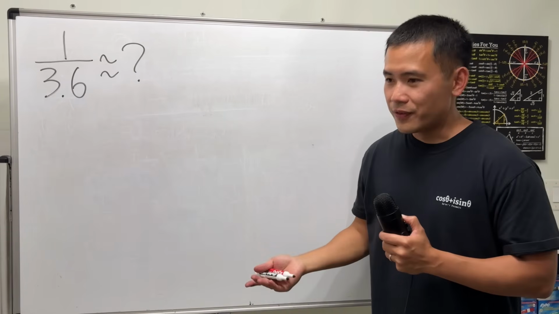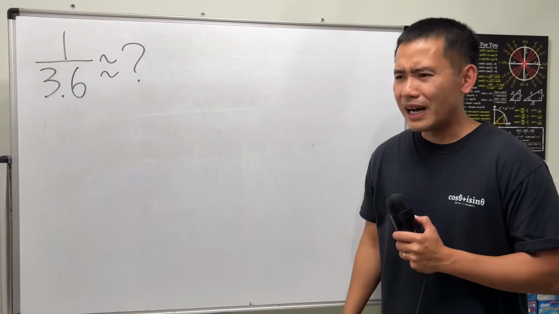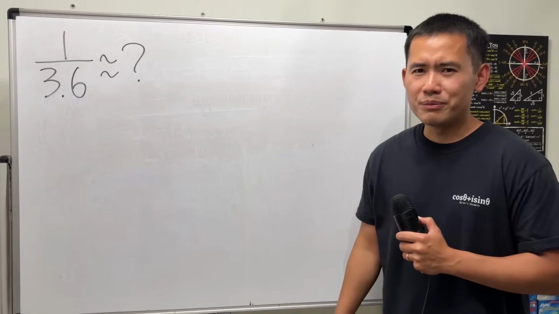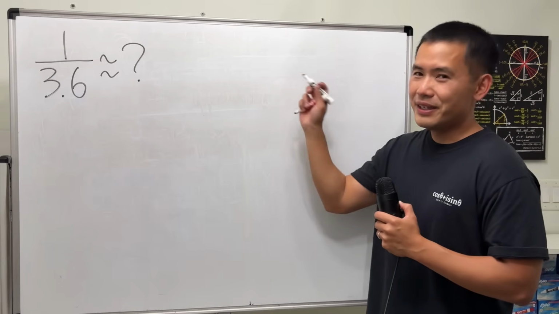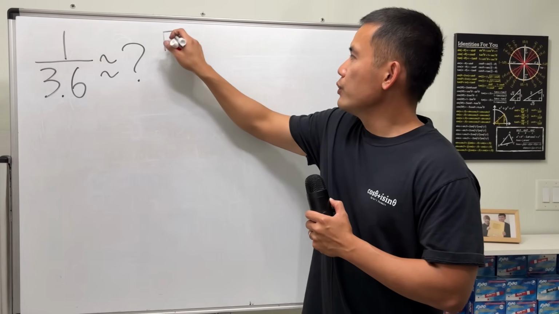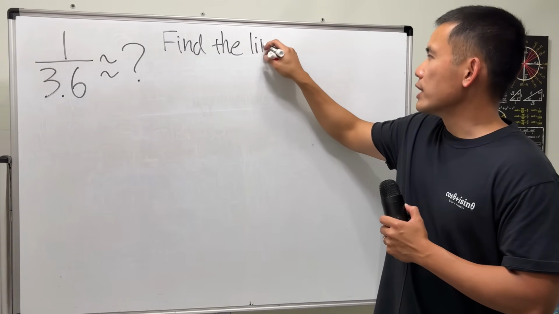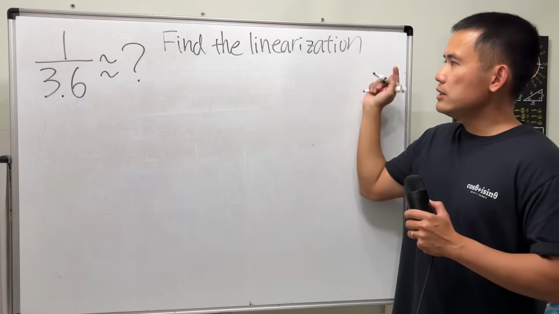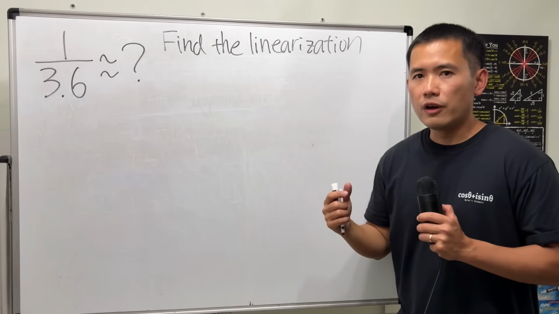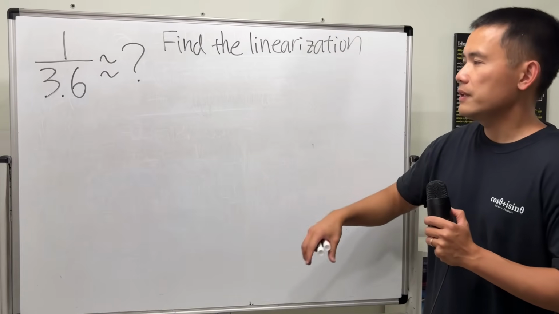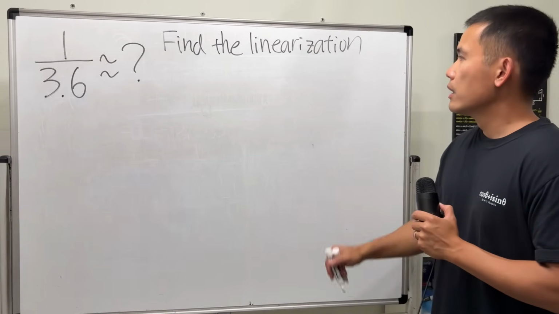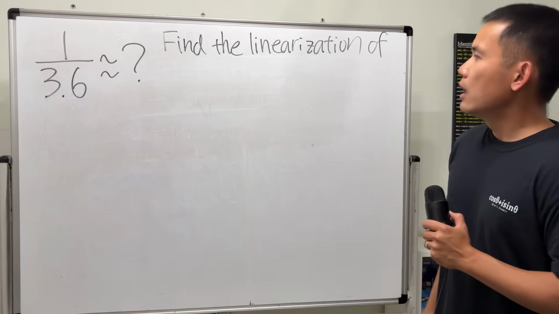If you do 1 over 4, well, you have 0.25. That's an approximation, but that's not calculus. So here is the direction. What we want to do first is find the linearization. This just means that we want to find the equation of the tangent line to a curve at some x value. So we want the linearization of the function